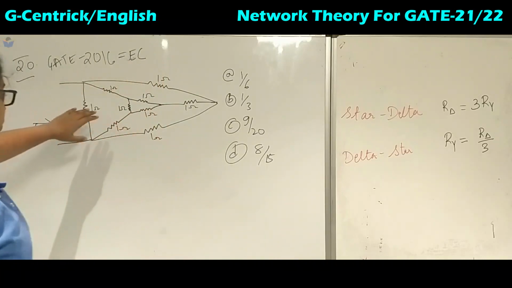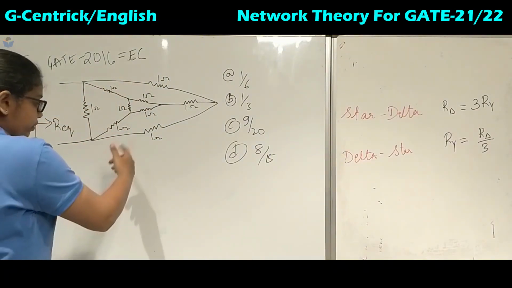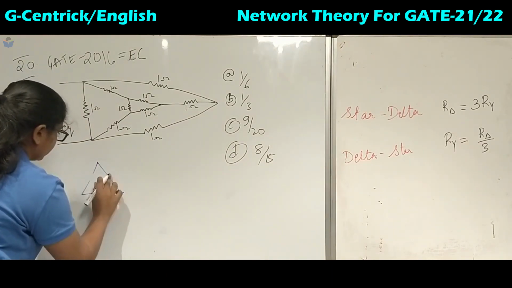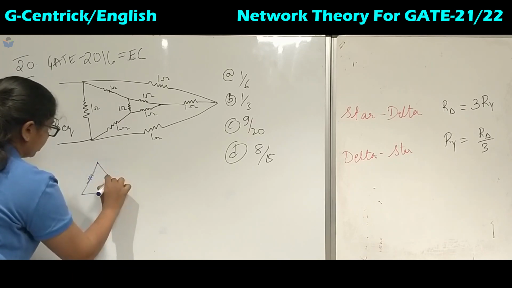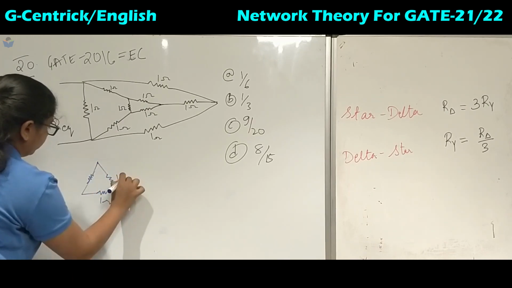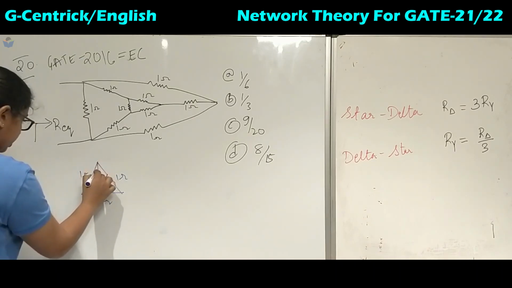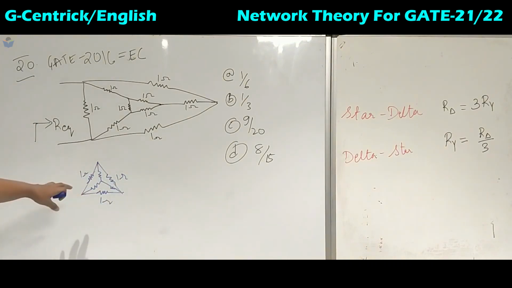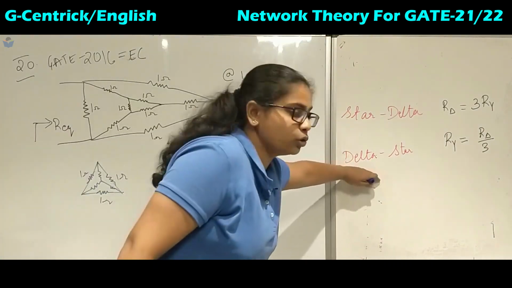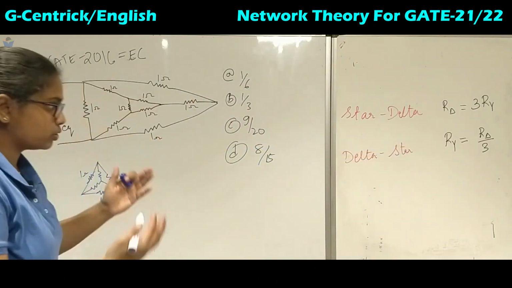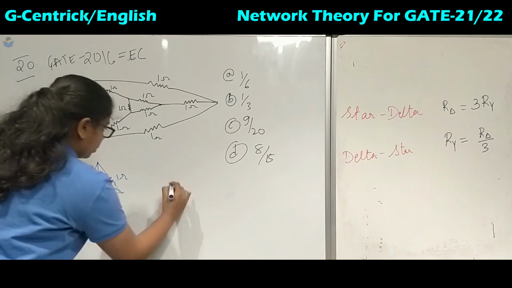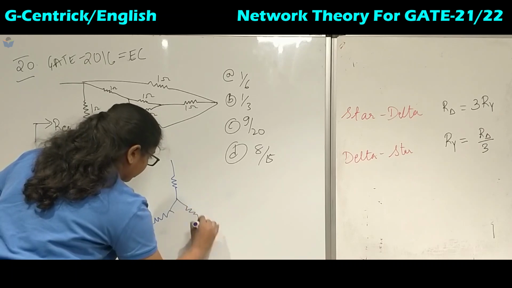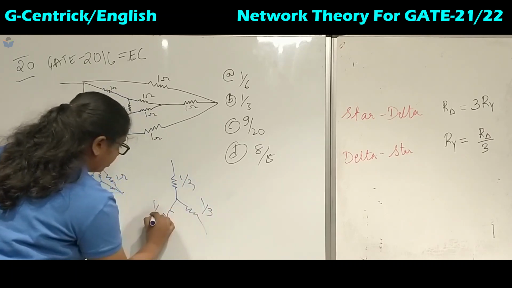Okay, so first we will solve this inner triangle. If you want, we can redraw this. Okay, so this is 1 ohm, 1 ohm and 1 ohm. So now we will draw inside this. We want delta to star. It is nothing but what will happen, we have to use this formula, that is R upon 3. So it becomes 1 by 3 of these resistors. So what we will get, 1 by 3, 1 by 3 and 1 by 3.